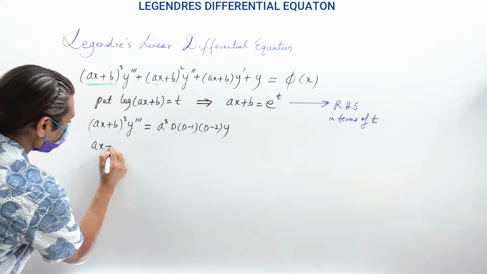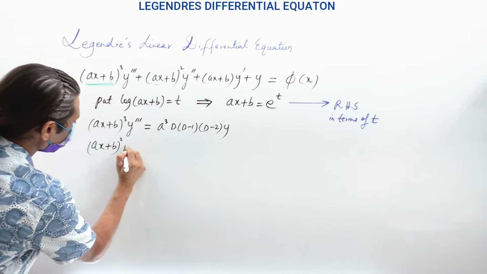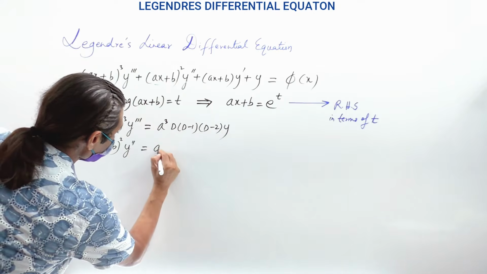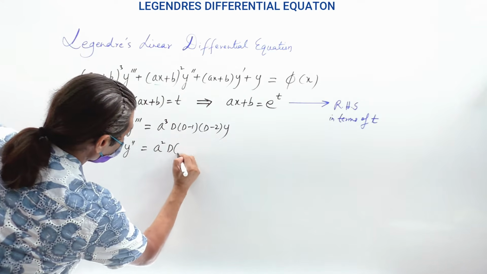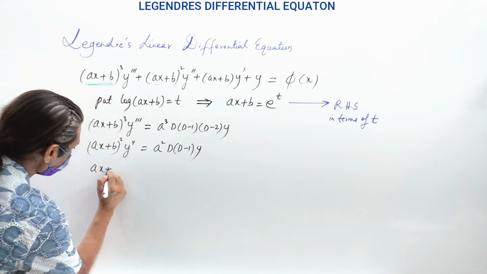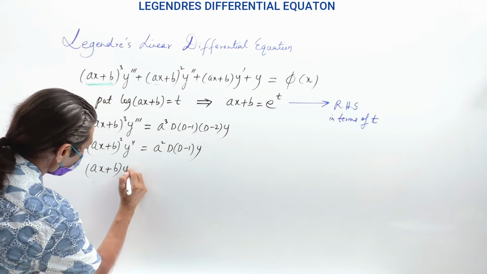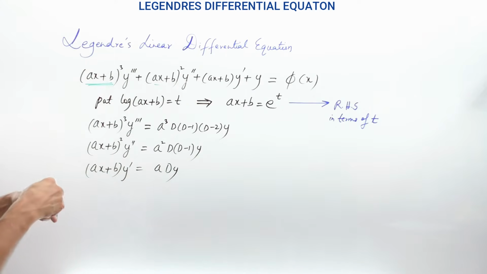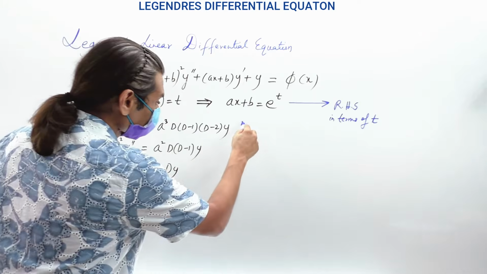Wherever there is (ax plus b) the whole square y double dash, simply write a square into d minus 1 into y, and wherever there is plain (ax plus b) y dash, simply write a into dy. That's all. So all the LHS